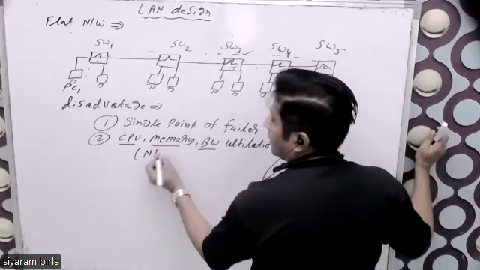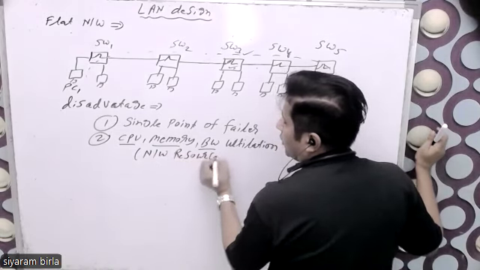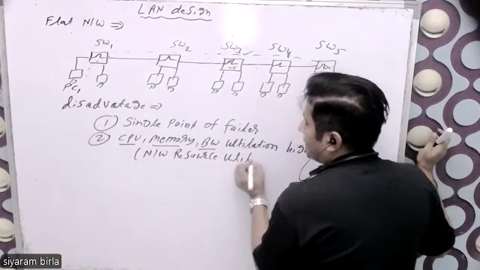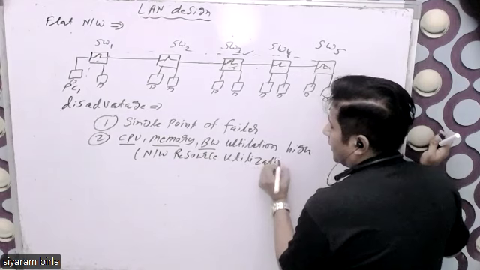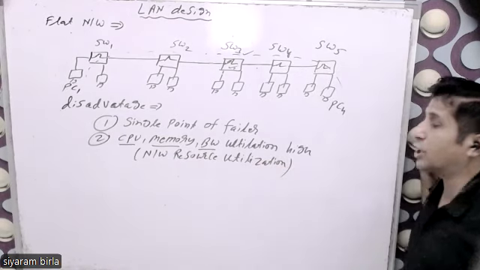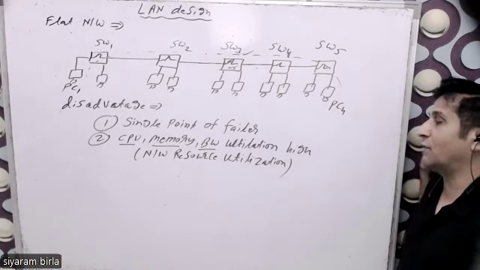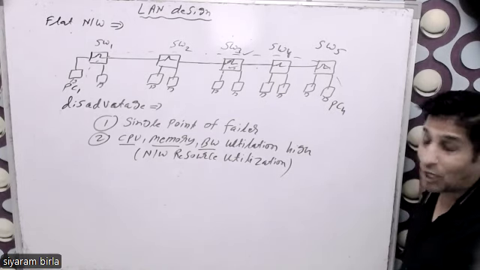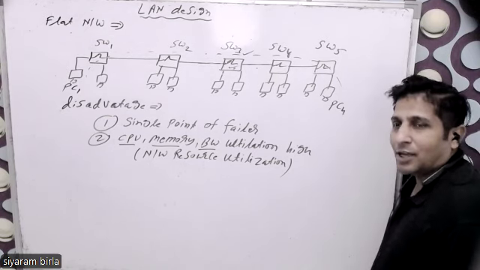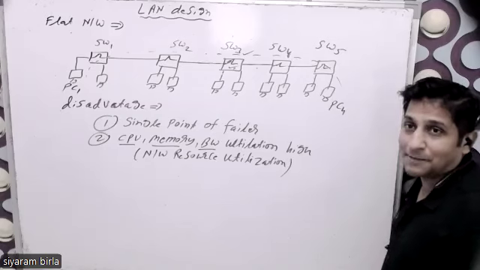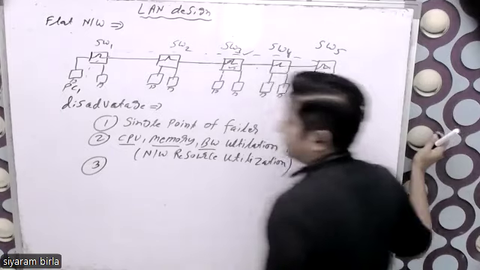So these are called the network resource utilization. So network resource utilization will be high. That is the second disadvantage of the flat network if switches are connected serially. And the third disadvantage is